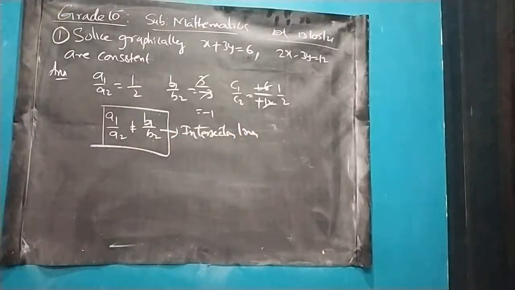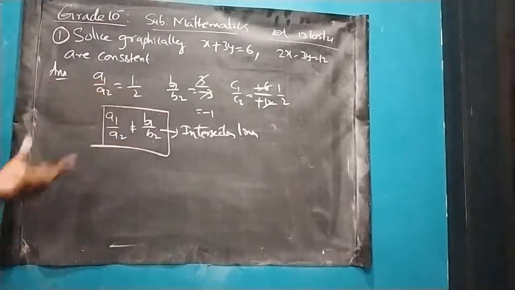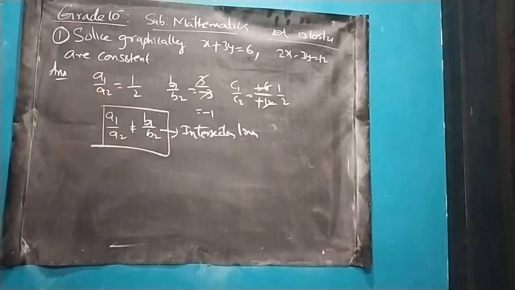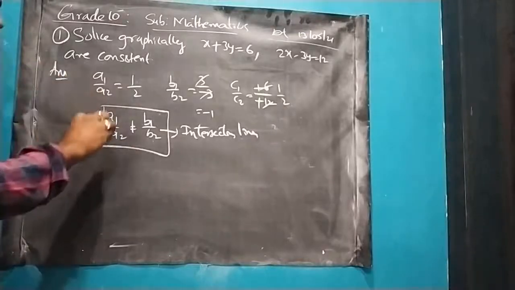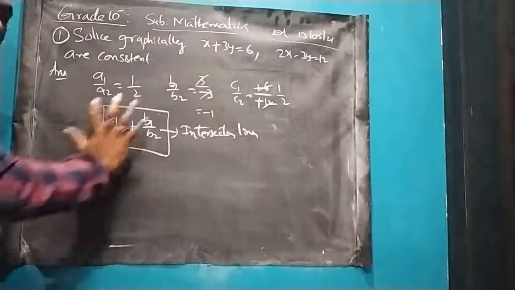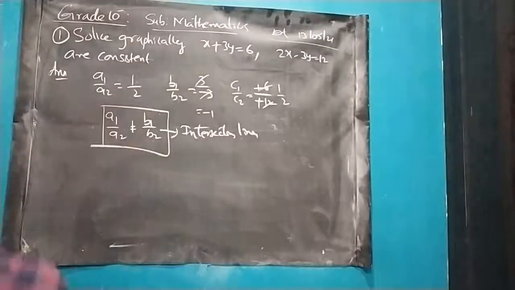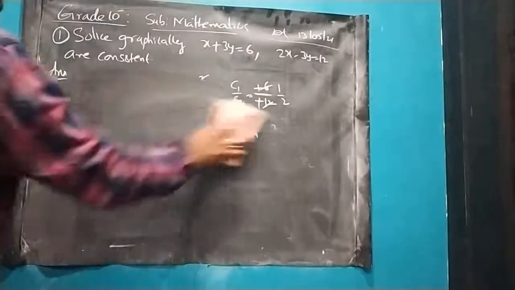So that is one way. But these things we should not do directly, we have to do the graph. But to understand or to check whether my graph is correct or not, we have to check in the background this one. Okay, let us start how to solve this here.